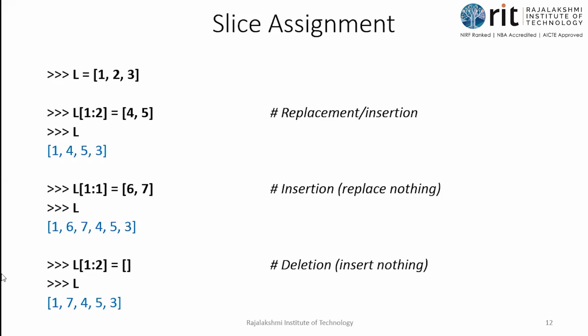Stopping criterion means, see, listen, this is a starting index and this one is a stopping index. I should not include this particular value. I should stop with the previous value of this. Previous value in 2 1. So only I stop. That is what is stopping criterion. We have studied this in range, right, in that manner.